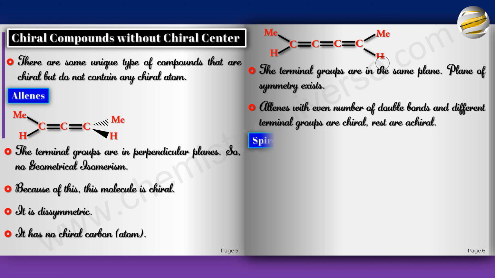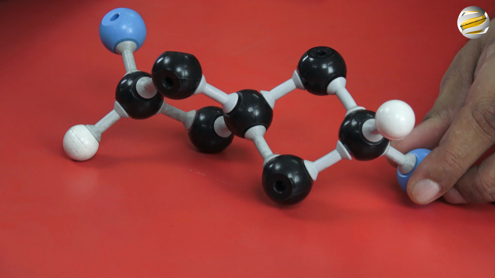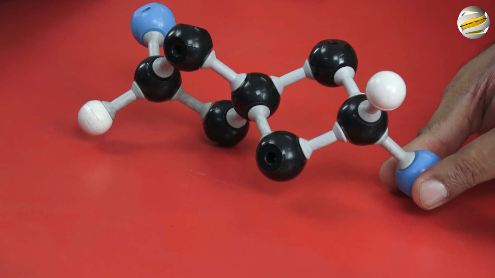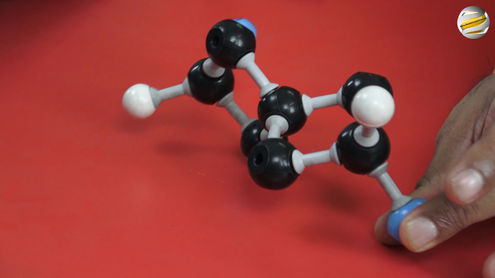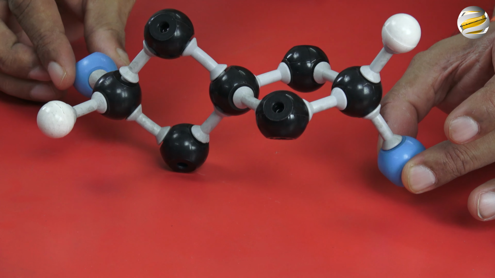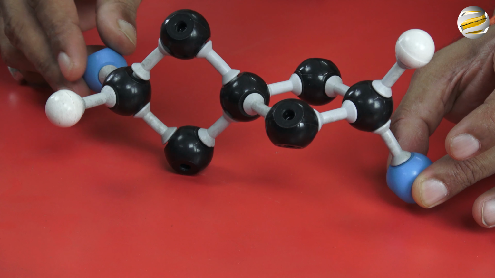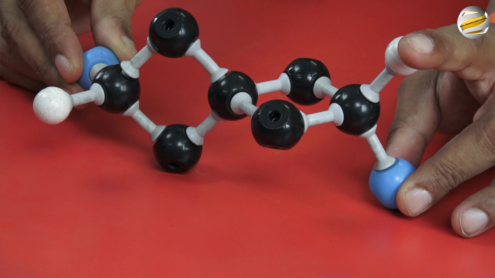The next one we go is spiro compound. This is also something that we have seen. So look at this example. If this ring is vertical, this will be horizontal. And if these two are horizontal, these two will be vertical. Now let's check this out. See this. Can you see this? If one ring is vertical, the other ring is horizontal, and these two groups are horizontal, these two are vertical.